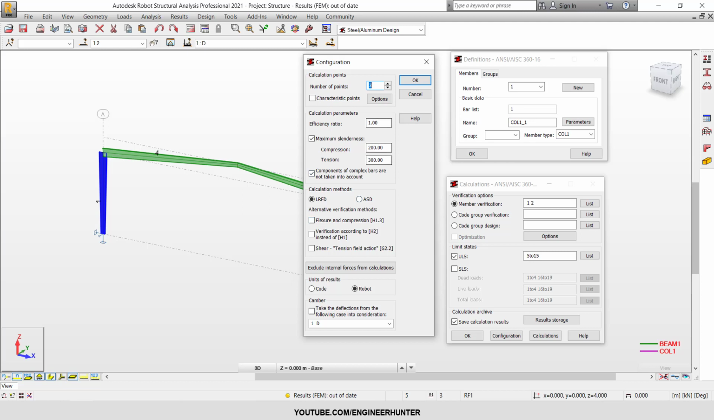So next I can click on the calculation, but before that I want to show you the configuration also. For the default option here, you can use this option, it's okay. But if you want to change something, you can change it here. This is the calculation point, so if you want more points on the member, you can also change this. And also the efficiency ratio, if you want lower than 1, or if you are brave enough to use more than 1, it's up to you. And the other thing is just the option that you can choose, like the calculation method. If you want to use the ASD, you can also select ASD here, but in this case I will use the default option, like in this window. So I'm going to close it,